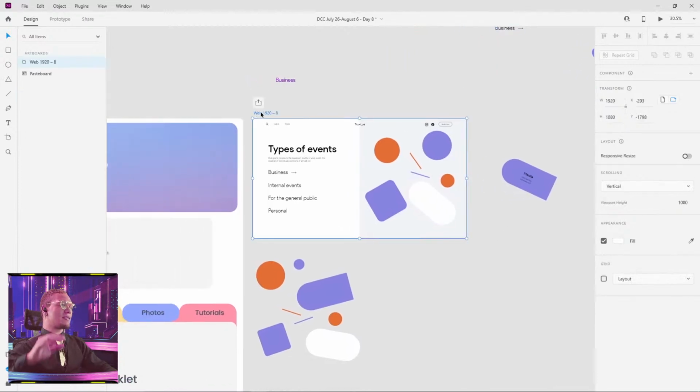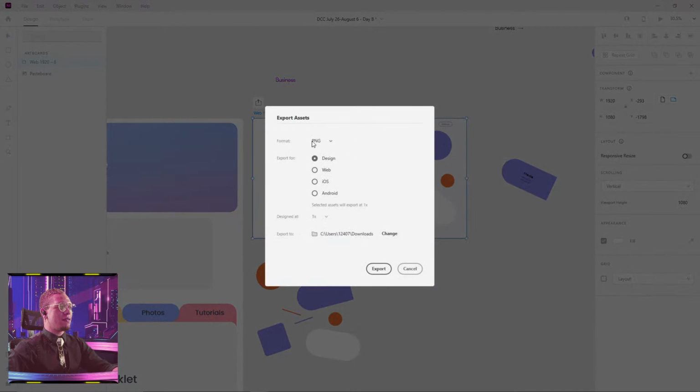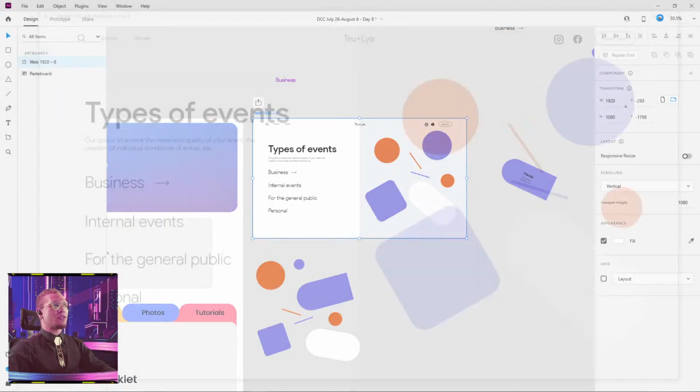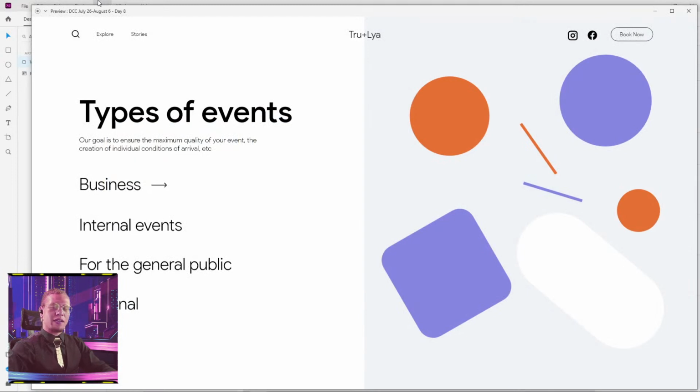All right, let me see. If you're new to XD and you want to export what you have, if you just want to export your artboards, Control E, you have your PNGs, your PDFs, JPEGs, SVGs, and you can download them where you would like. If you want to export your videos, you simply press your play button in XD, and if you're on Mac, you can very simply record your awesomeness.